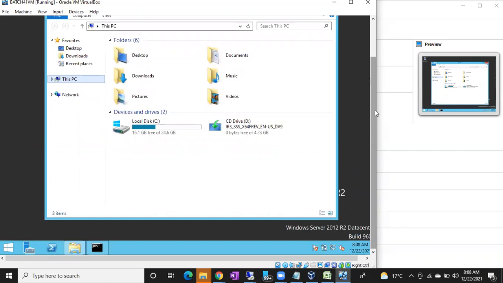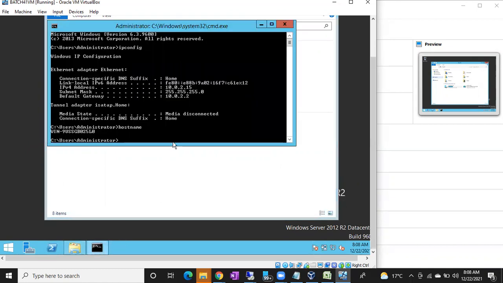Very important, guys. Tomorrow I will ask everyone how to check the server name and IP address, right? Actually, by using this IP address 10.0.2.15, I cannot connect to the server. Make sure you are getting internet. If you are getting internet, you can see internet access when you place your cursor here. Sometimes you can see a warning symbol on this computer, meaning no internet access. If you see no internet access, you cannot connect to the server remotely, guys. If you want to practice remote connections, make sure your virtual VM is connected to the internet.